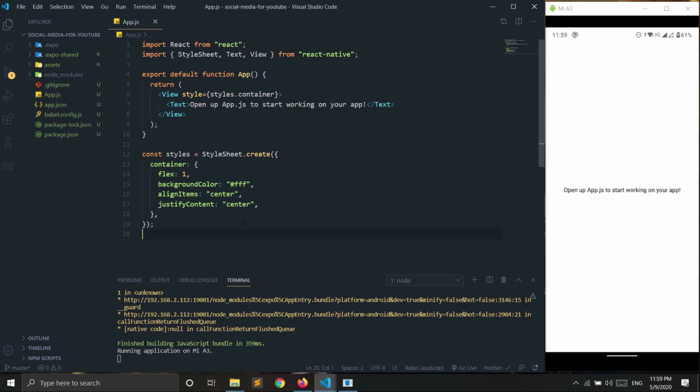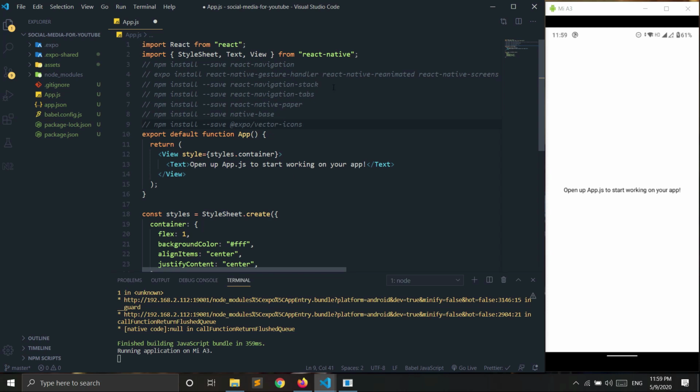So this is the project I have created using the expo init command, and I have installed all the libraries which we will use for the basic setup. For the navigation we will be using the React Navigation library, and you can install it by npm install React Navigation.